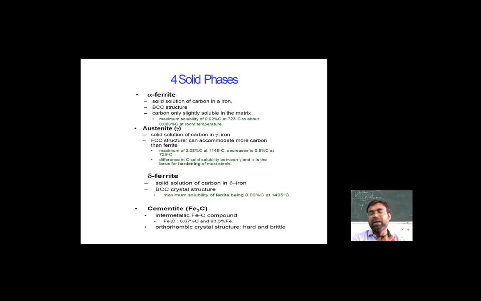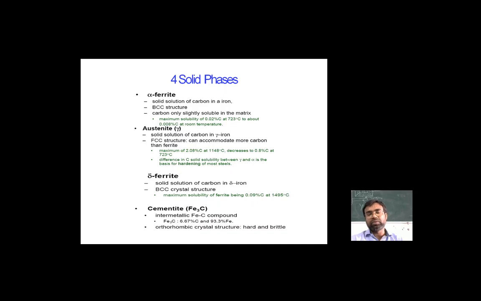As you can see, the percentage is very less, that is 0.022 to 0.008%. So that particular one is, you can say, the low carbon alloy steel as well. So this is how we can categorize the particular hardness and the other material properties as well.